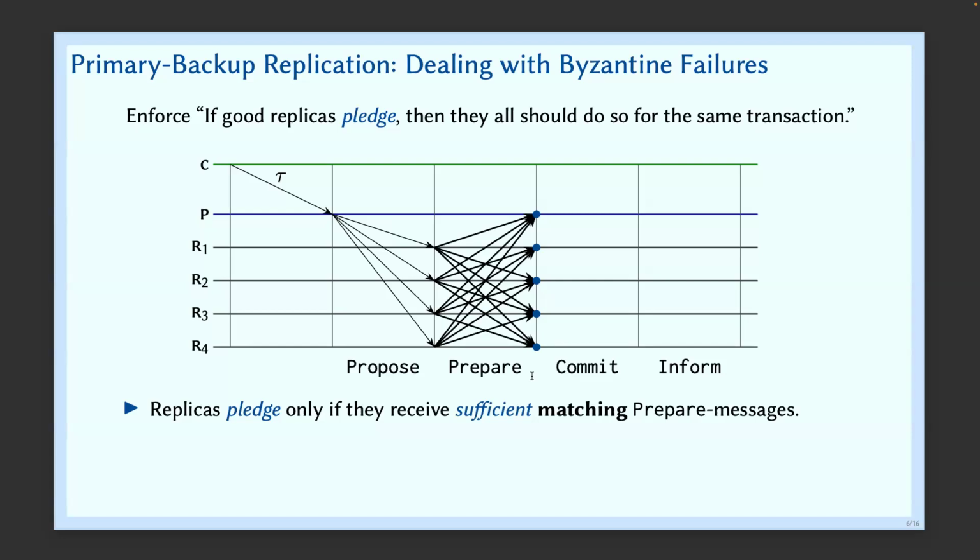If you have F plus 1 standing, how many of them could be lying? You could just stand without having gotten any messages. How many of them could be lying out of that F plus 1? F of them are lying, and then we're back to the same thing. F are lying, they're going to change their vote, and you can exclude them.